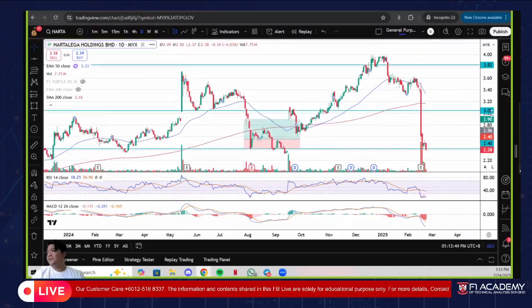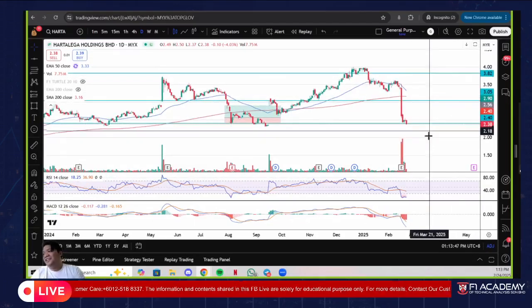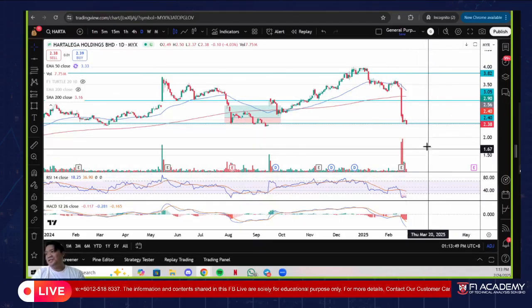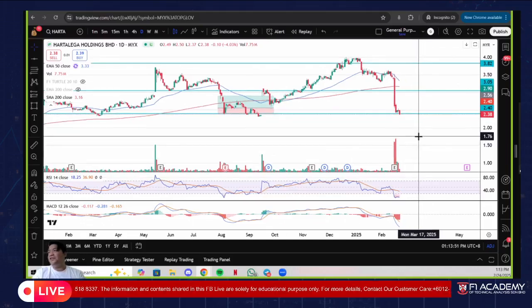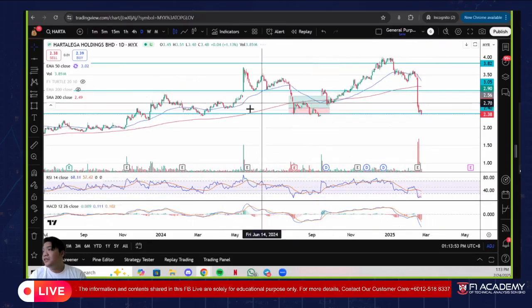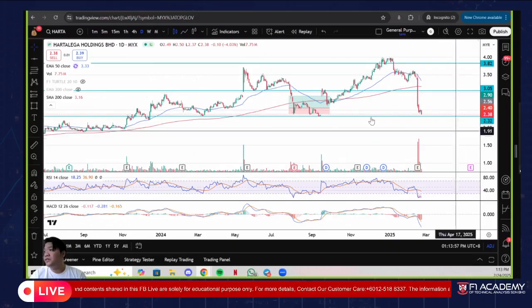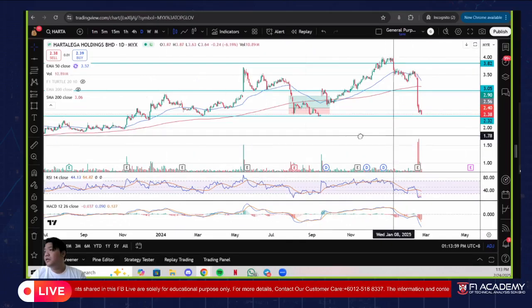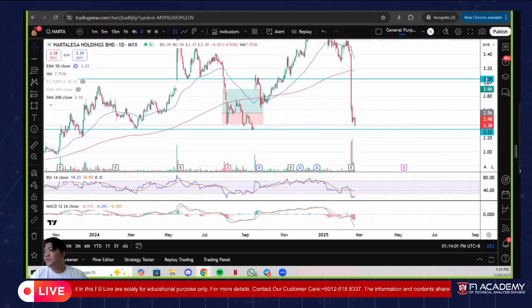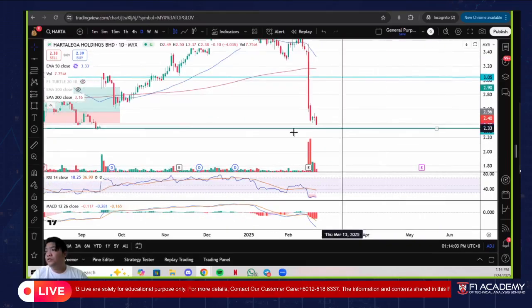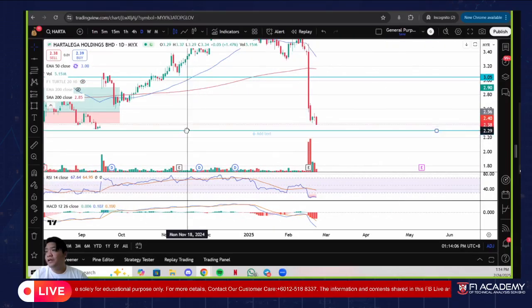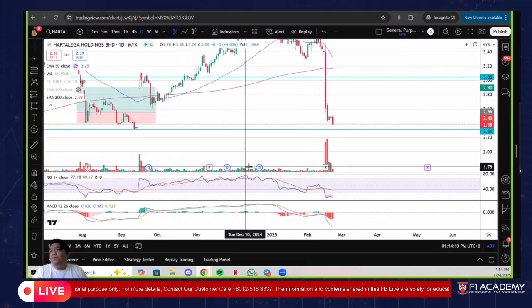Well, stay clear. That's all I can really say. Stay clear of it for now. It is going to test a level of support here, as you can see, right? It's tapped it previously. So 2.32, I'm going to be specific here: 2.32, 2.31. That's the next level of support I would see.